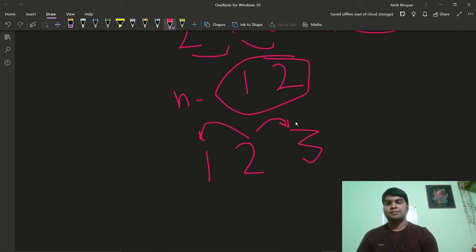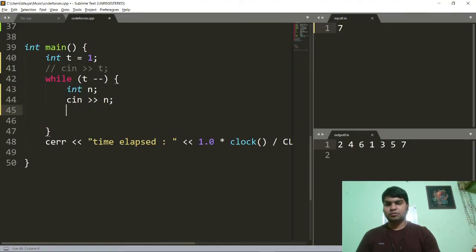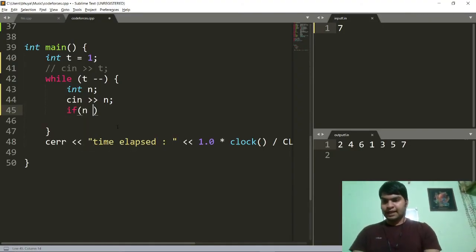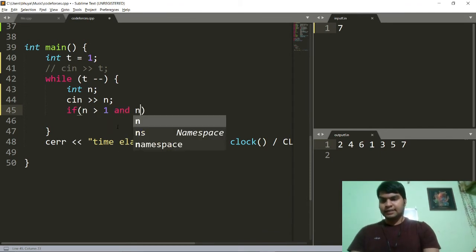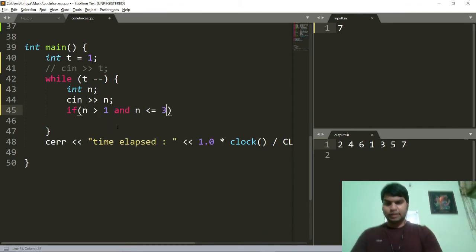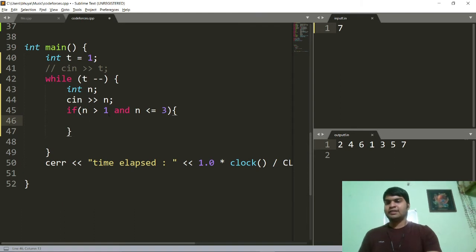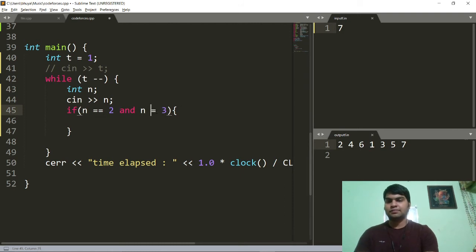So for n equal to 1, 2 and 3, we will simply print no solution.